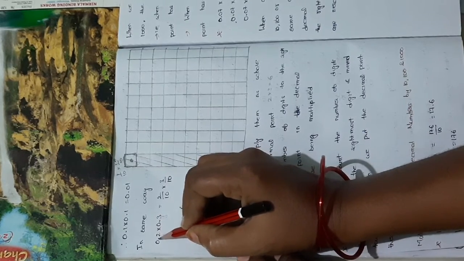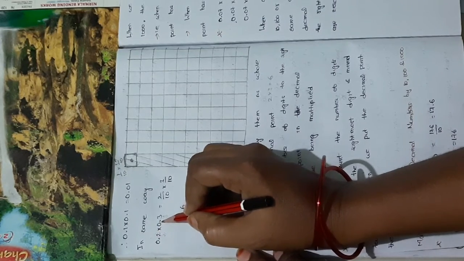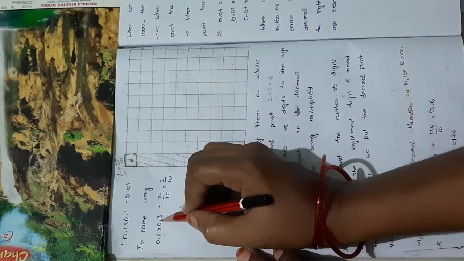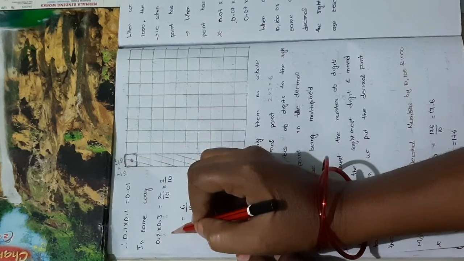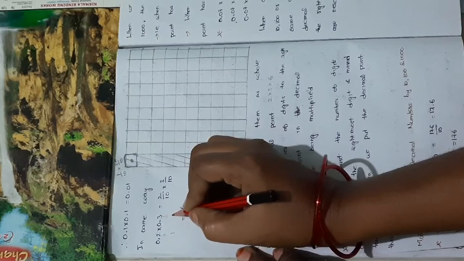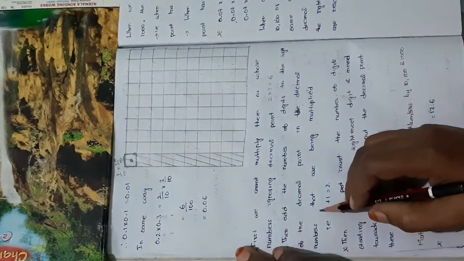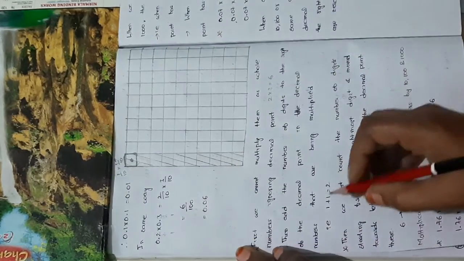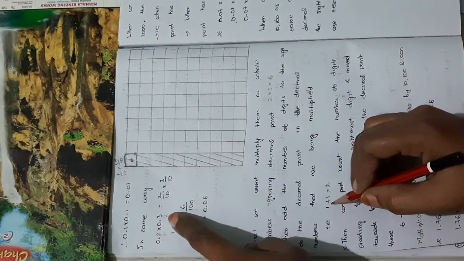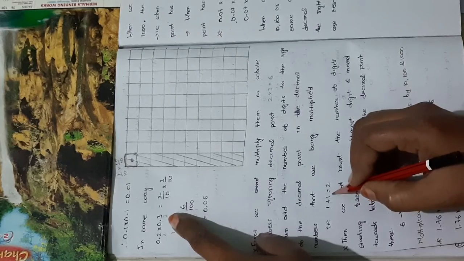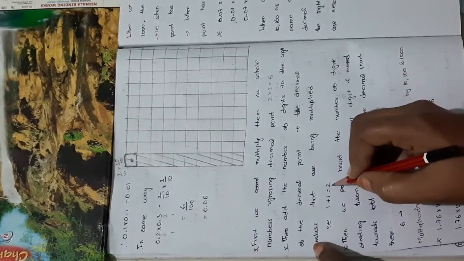Here, how many digits are there after the decimal point? Here we have only one digit, that is 2. And in this number, after the decimal point we have only the digit 3. That is, only one digit in each of these two decimals. Next we add the number of digits after the decimal point in these two numbers: 1 plus 1 is equal to 2.